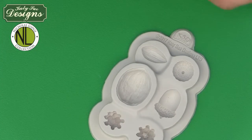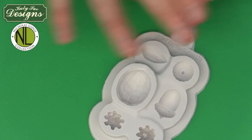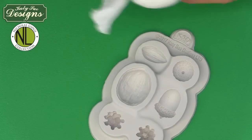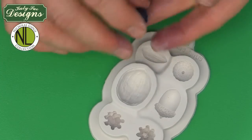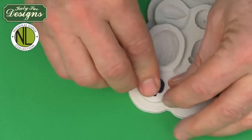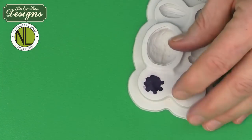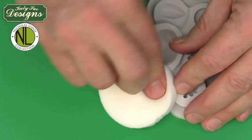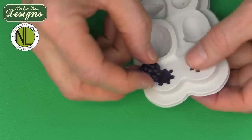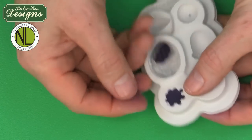So I'm going to just condition my paste. Going to put a little bit of, again, some cornstarch onto here. Just going to open up the mold and just going to pop the paste in. I'm just going to press this in with my cosmetic sponge like this. Now, if you were to just pop this out of the mold, all right,